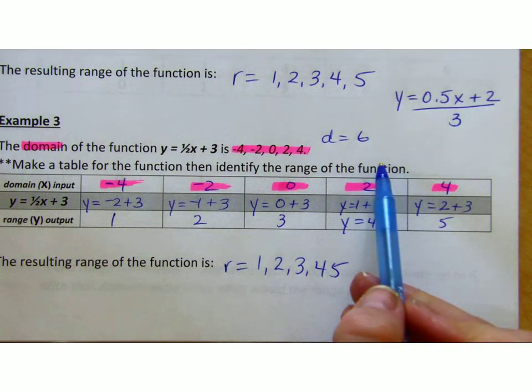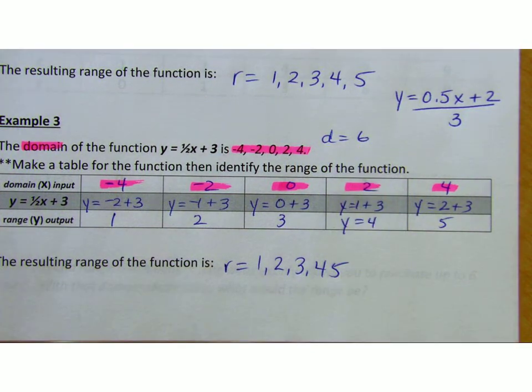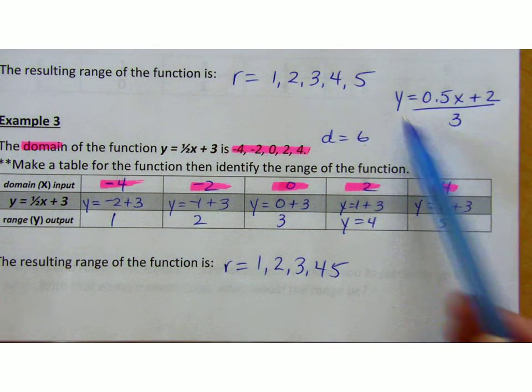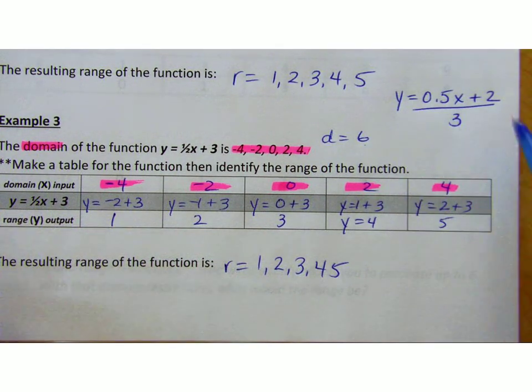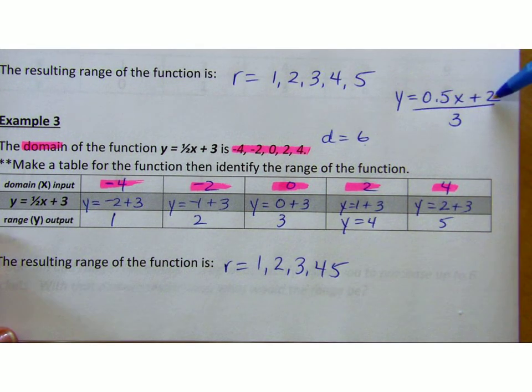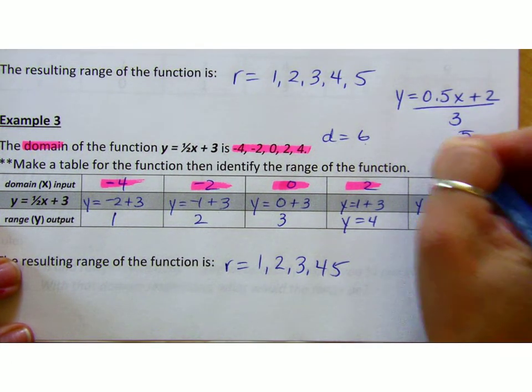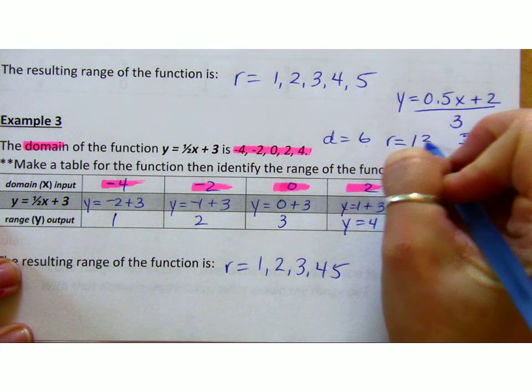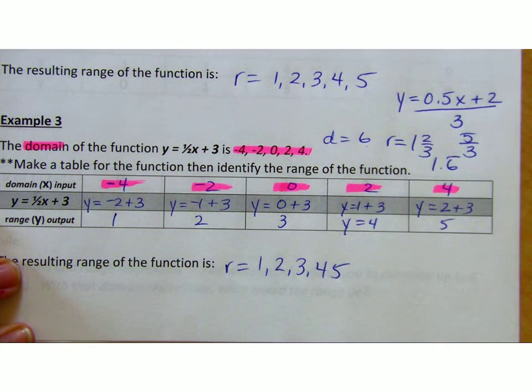I need you to know this vocab. If this is a question that says, if your domain is 6, what's your range? You'll be like, I don't know. Oh, domain is x. So I'm going to take half of 6, which is 3. I'm going to add 2 to it and get 5. And then I'm going to take 5 and divide it by 3. So my range is going to be 1 and 2/3 or 1.6 repeating. Yep. So, do you follow how to find a range when you're given a domain? By using a table of values. Perfect, okay? So